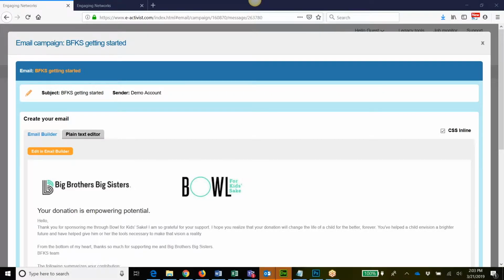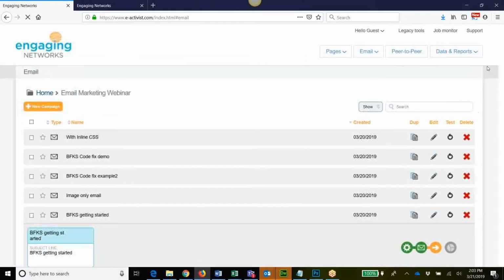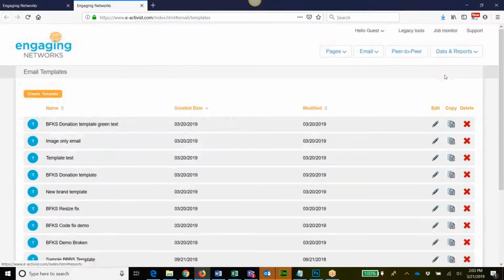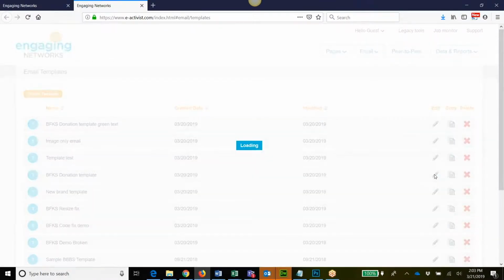So I wanted to get started at the basic level in Engaging Networks. Let's start by talking about the difference between an email and an email template, right? So here we're looking at our email campaigns. If I go over here, we're in our template section. And a template is,